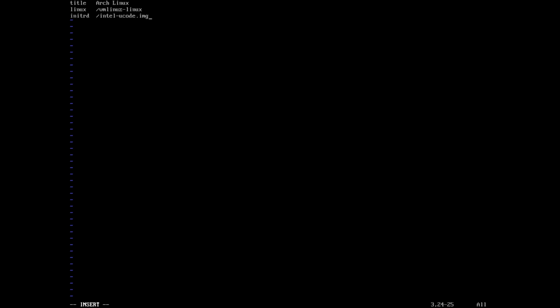If you haven't installed it, do it later, or just don't add this line yet because you won't be able to boot and systemd will go into emergency mode and you will have to delete this line if you want to boot. Then initrd, initial RAM file system, /initramfs-linux.img, so this is my non-LTS, so the rolling Linux normal kernel, which is the default one in Arch, and then my